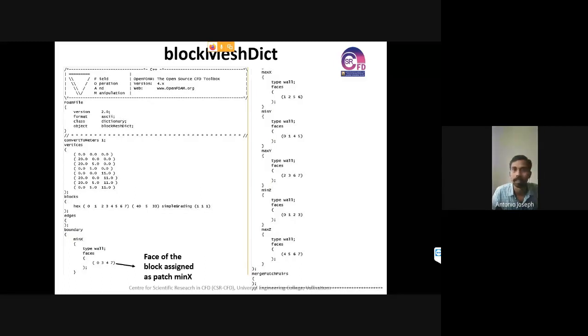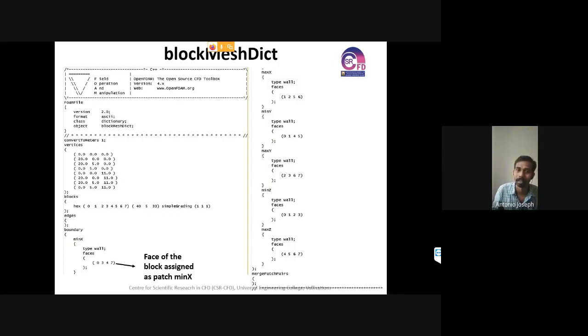That's a phase having the coordinates minimum in the x direction. That's the first phase, mostly nearby the origin. Max x is the phase that is away from the origin in the x direction, that means perpendicular to the x-axis. Now this min x has the vertices or the points 0, 3, 4, 7. That should be the order.